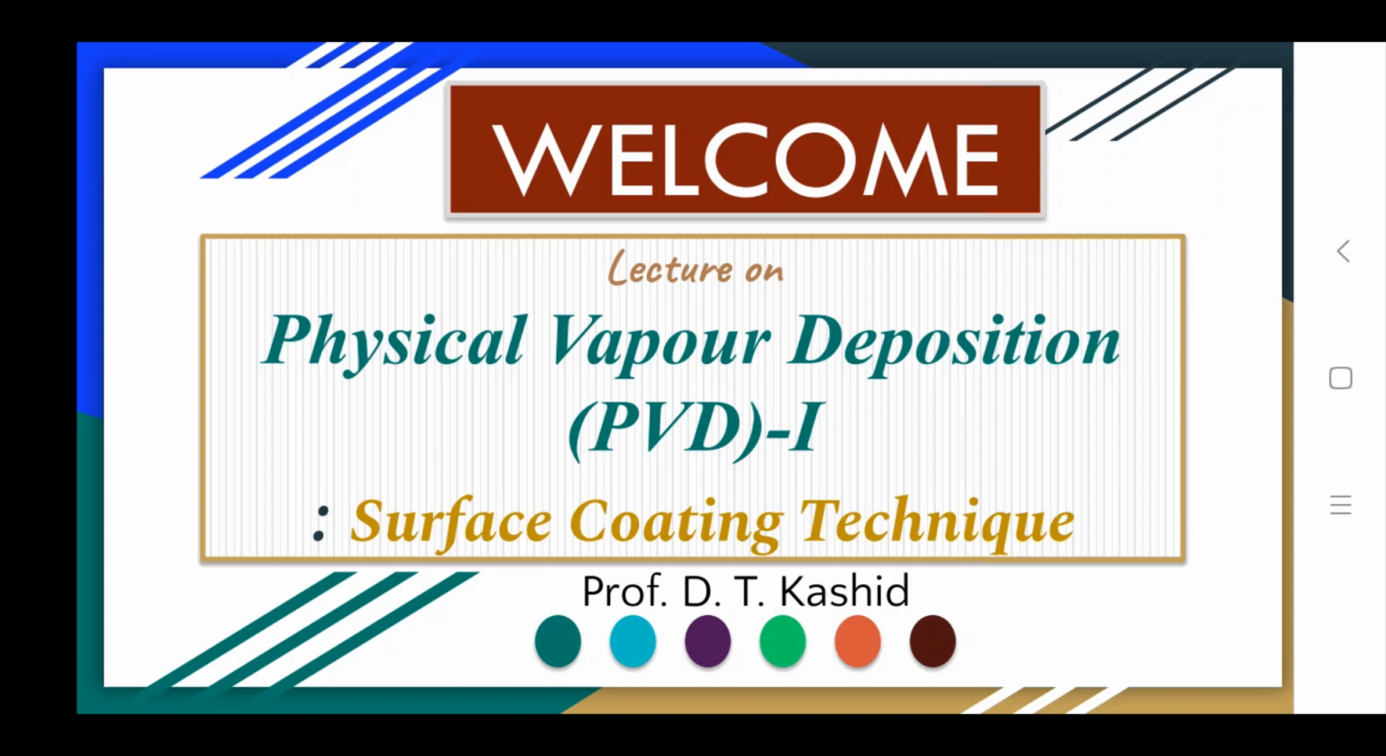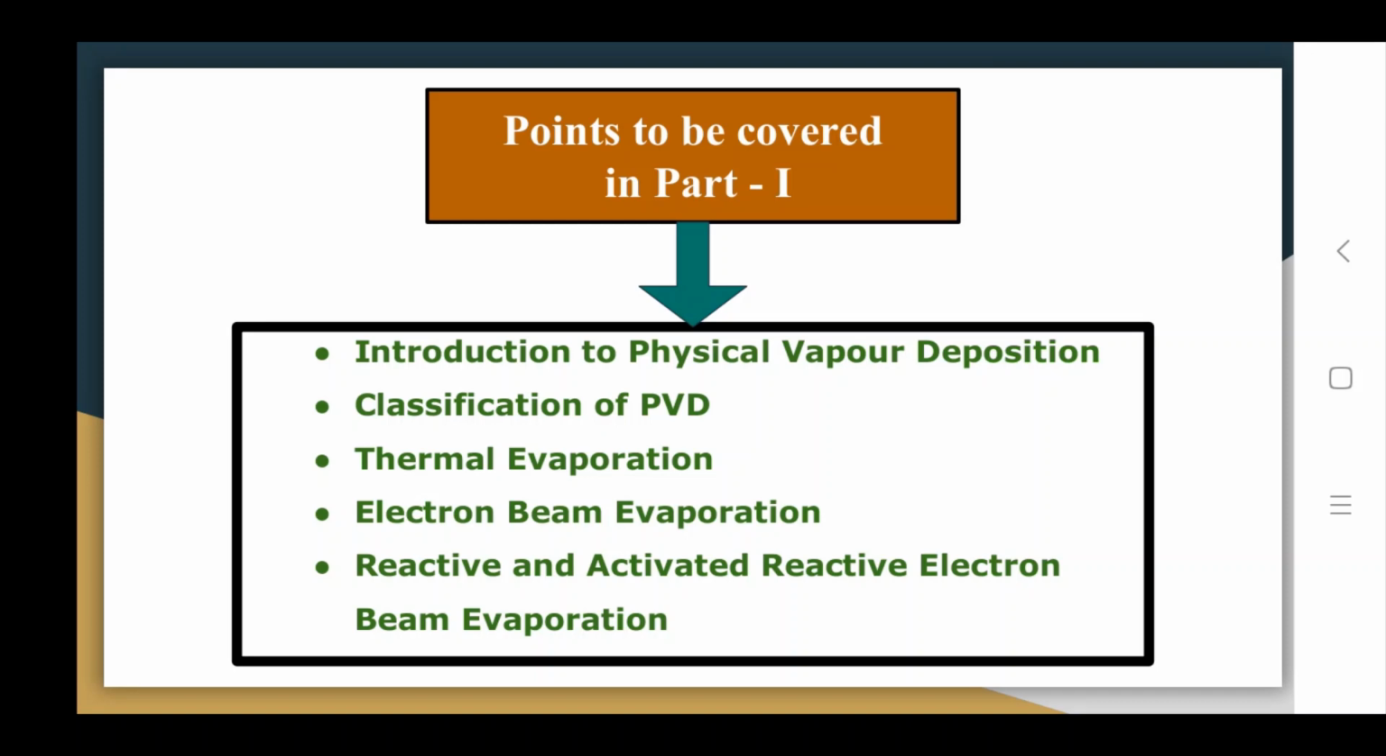Today we are going to discuss one of the surface coating technologies, that is physical vapor deposition, in short PVD. I have divided this topic into two parts. In part 1 we are going to cover the introduction to PVD, then we are going to see the classification of physical vapor deposition. In that, again, thermal evaporation, electron beam evaporation, reactive and activated reactive electron beam evaporation, and the remaining parts we are going to cover in the second lecture. Okay, so let us begin with